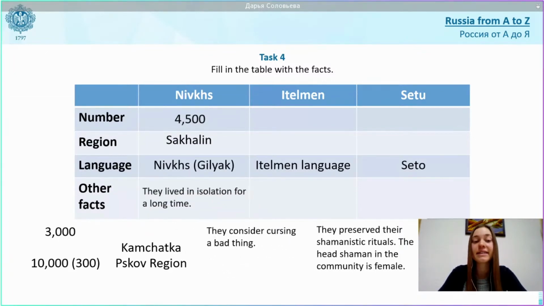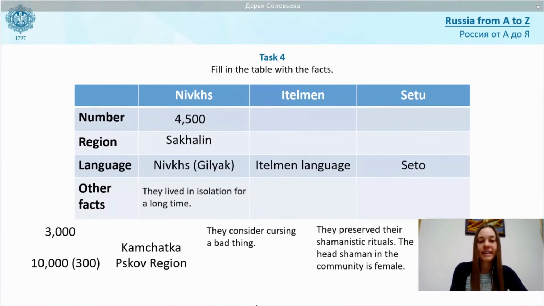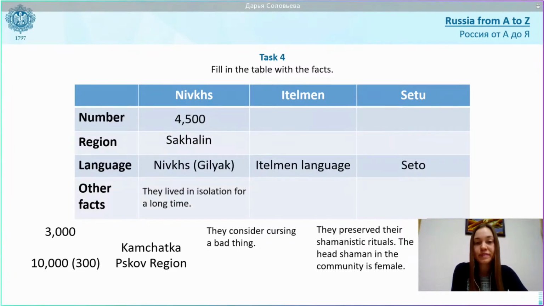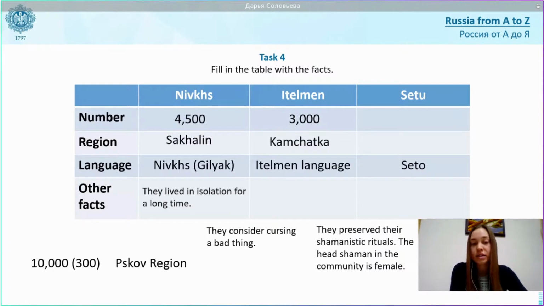And the answer is they lived in isolation for a long time. And the next group, Itelmen, their number, do you remember? This one or this one? Their number is 3,000. And the region, Kamchatka or Pskov region. Their region was Kamchatka. And their language, the Itelmen language, and what was interesting about them is that